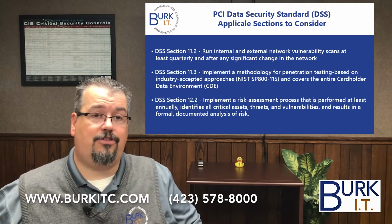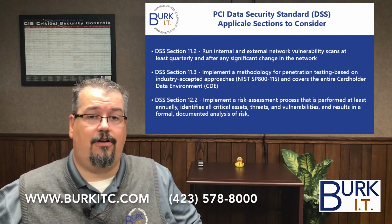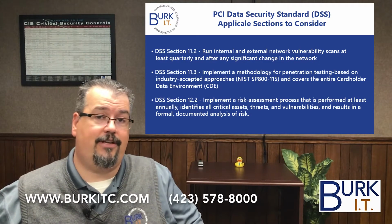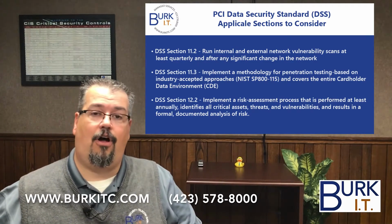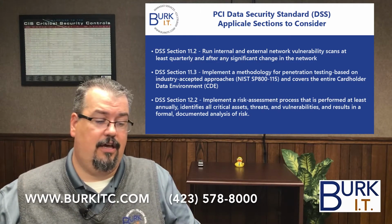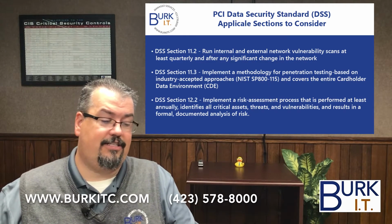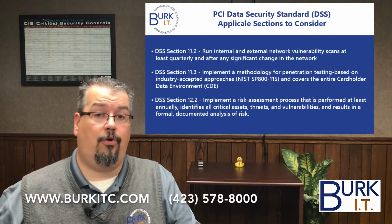All of these, though, also do apply to all of our medical providers and doctors' offices that take credit cards and debit cards for those copay transactions and for bill pay over time. I picked out a few of the standards that are often overlooked that overlap with the HIPAA standards that we've already discussed. The data security standard of DSS section 11.2 speaks specifically to the requirement that all organizations that take